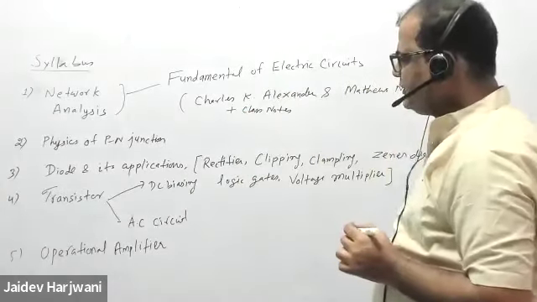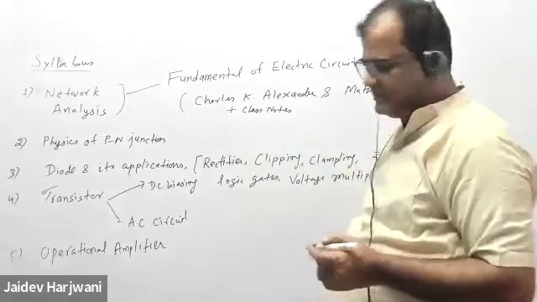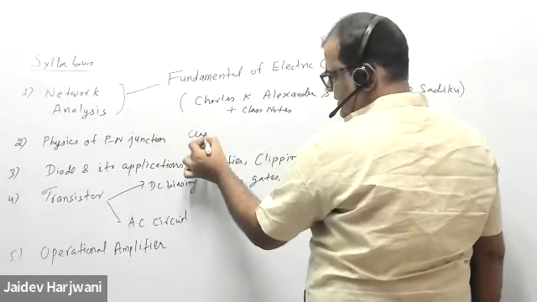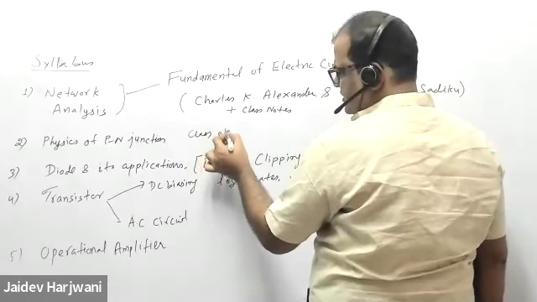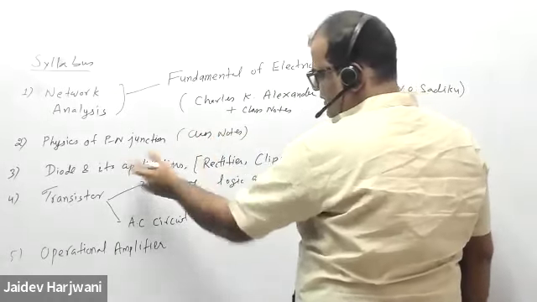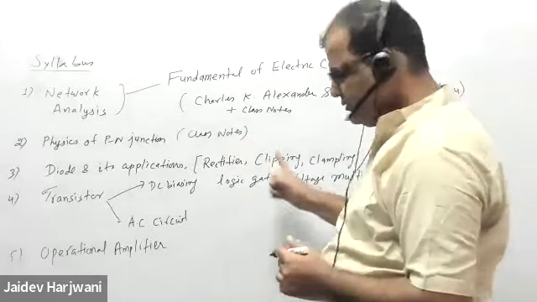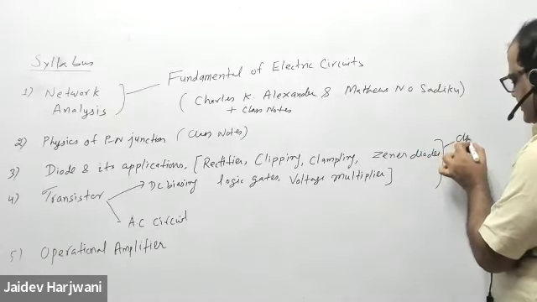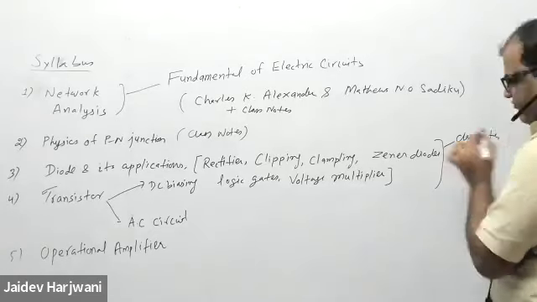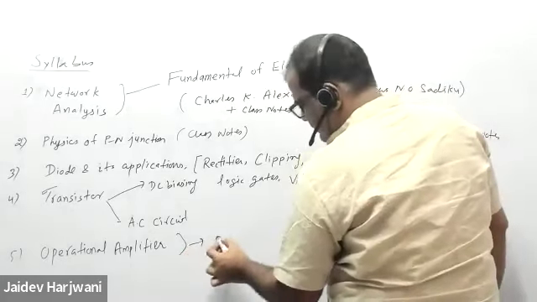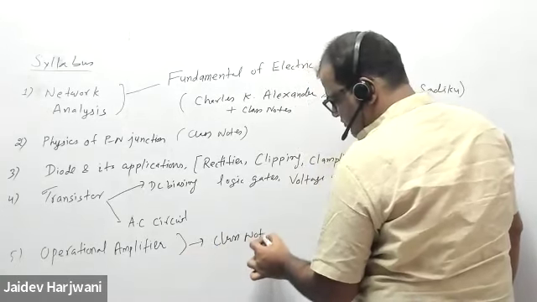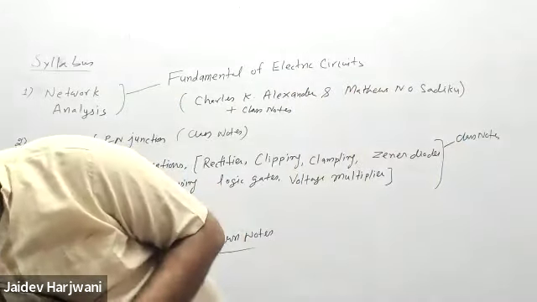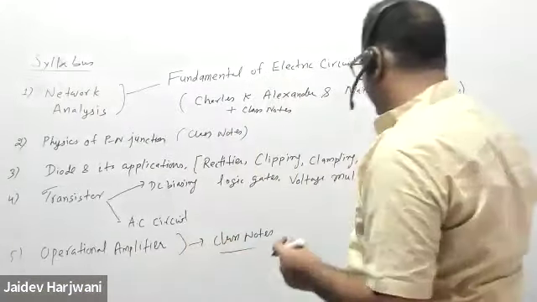Now, physics of the p-n junction: my class notes will be sufficient. Something is given in Boylestad's book also, but class notes are sufficient. Then diodes and applications, and transistors: mainly for this part, my class notes will be sufficient. Even for op-amp, my class notes are more than sufficient. You don't require any book as such, but still, if you want a book name for this part,